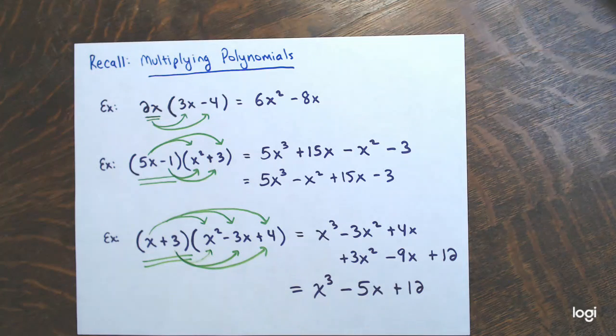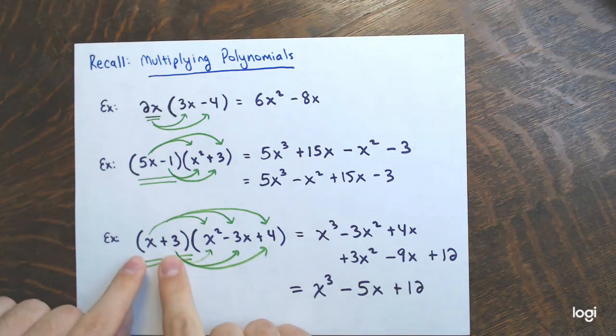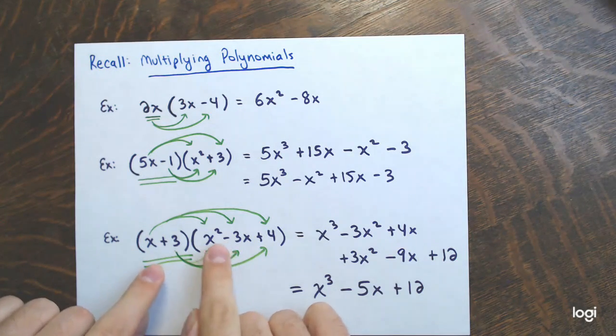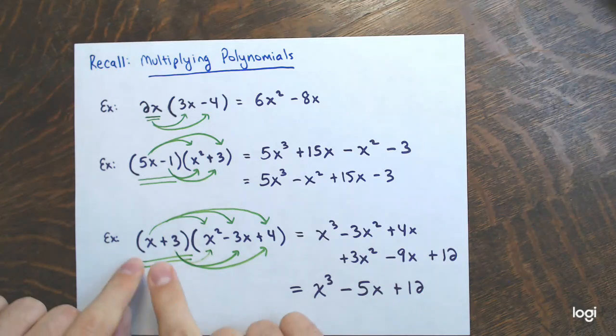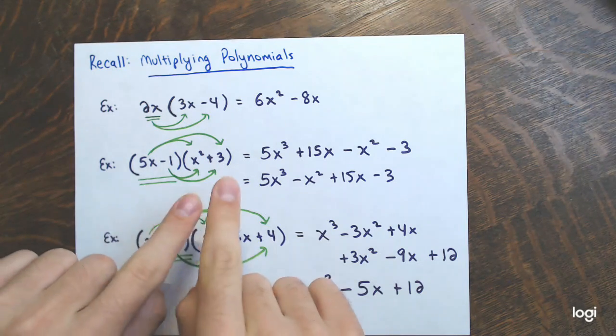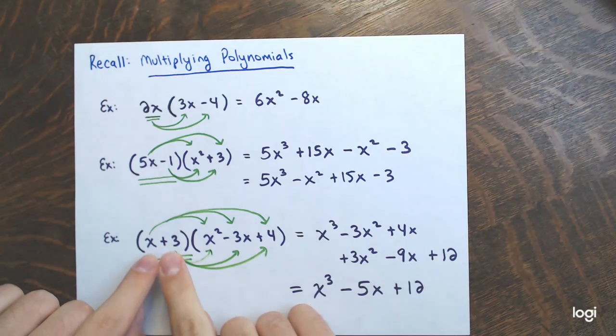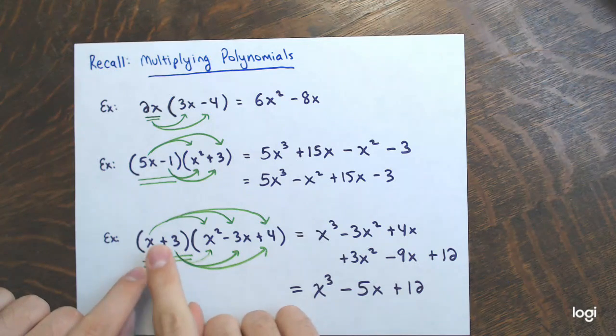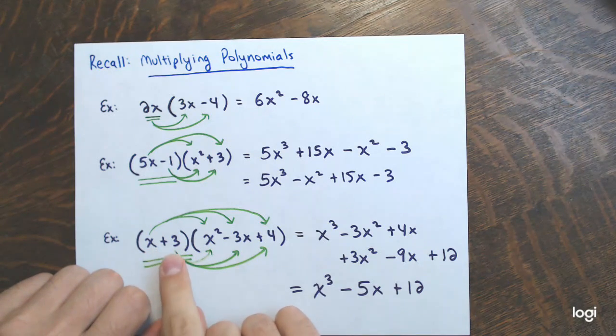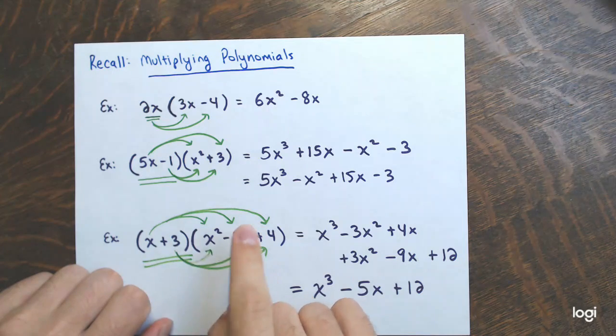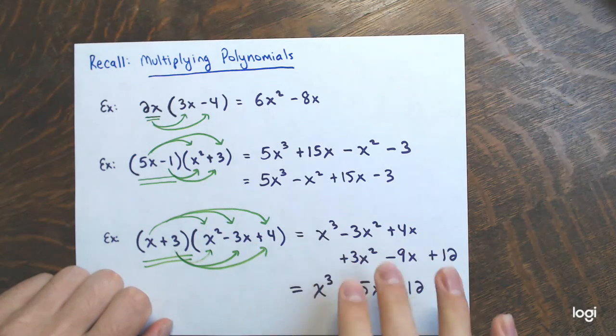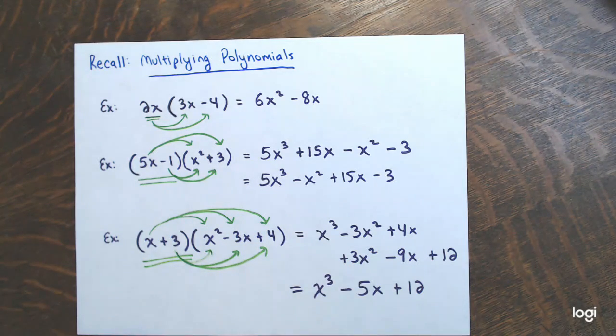Those examples look familiar. When you're multiplying two polynomials, let's say it one more time: you pick one, and then you take every term from the one you chose, distribute it to the other one, and then combine like terms when you're done. All right. So I want you to remember how to do that. And one other